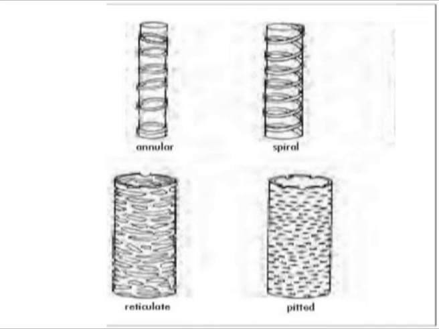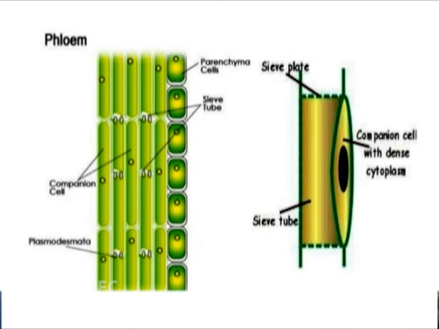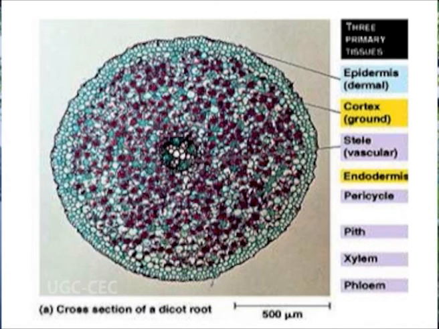The protoxylem consists of annular and spiral vessels, whereas metaxylem elements possess reticulate and pitted vessels. The phloem strand consists of sieve tubes, companion cells and phloem parenchyma. The xylem strand in dicot roots may be 2 to 6 or maximum 8 in number. This again is a differentiating feature from monocot roots, where the xylem strands may be numerous, that is, polyarch condition is observed.